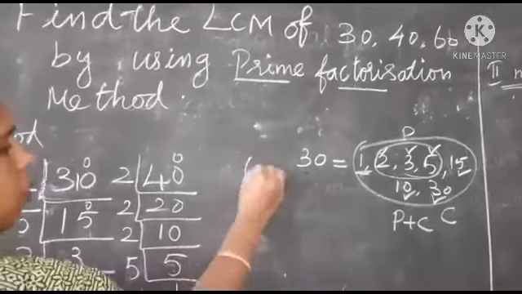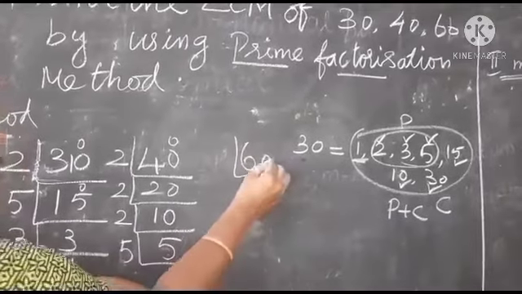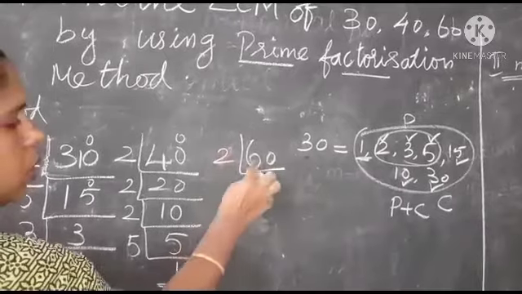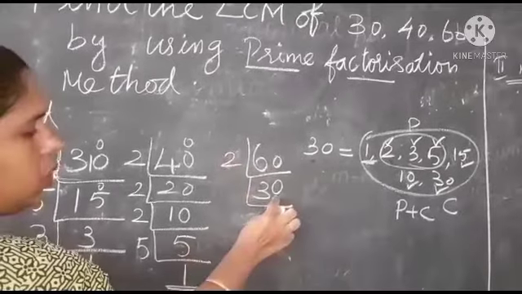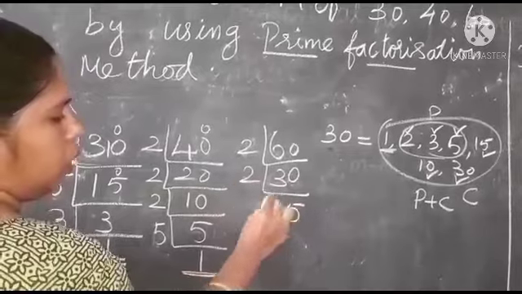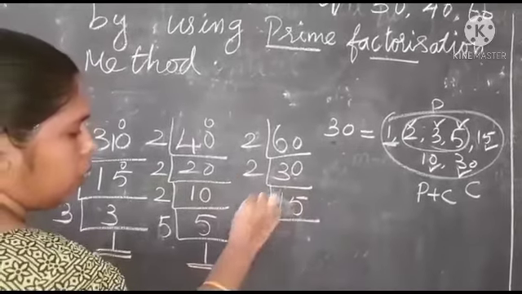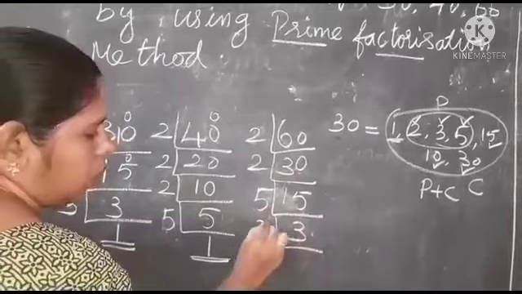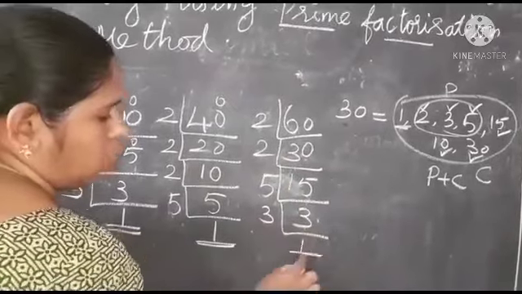Again write for 60, the next number. So here also ones place 0. You take the factor as 2. 3 2s are 6 and then 0. Again factor 0. Again take the 2 table. 15 2s are 30. Again you have 5. So you write the factor as 5. 3 5s are 15. So the 3 table, we write the factor as 3 only. So 1 3s are 3.